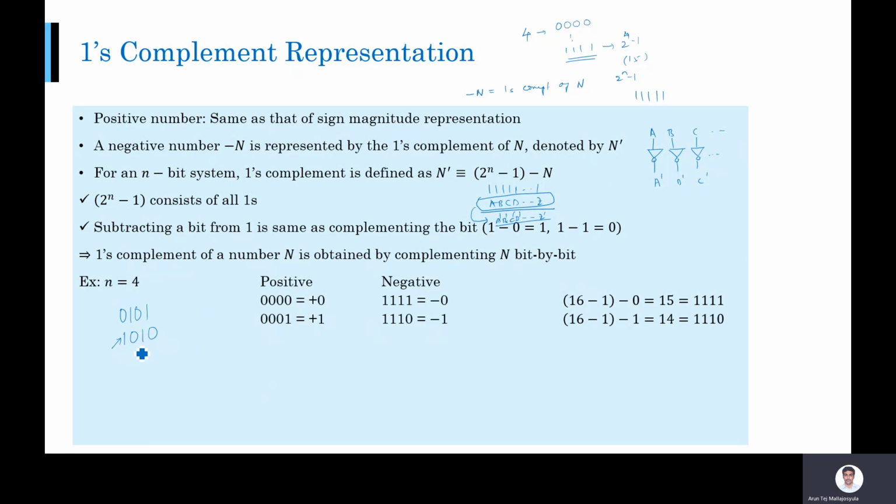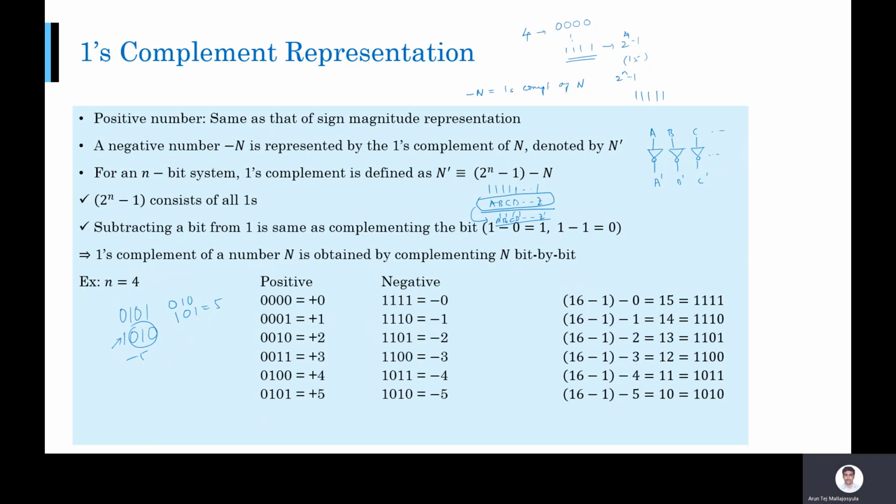And if I want to know what is the positive value here, I just have to complement these numbers, right? So 0, 1, 0 is what I'm left with here. The complement of that will be 1, 0, 1, which is 5. So this will be minus 5. So very simple to understand, easy operation. These are the negative numbers, minus 0 to minus 7.